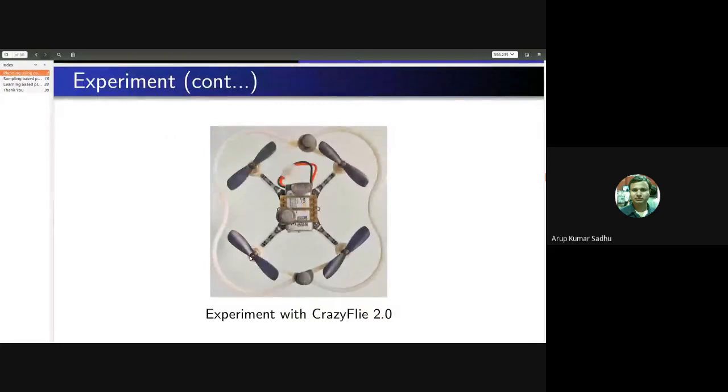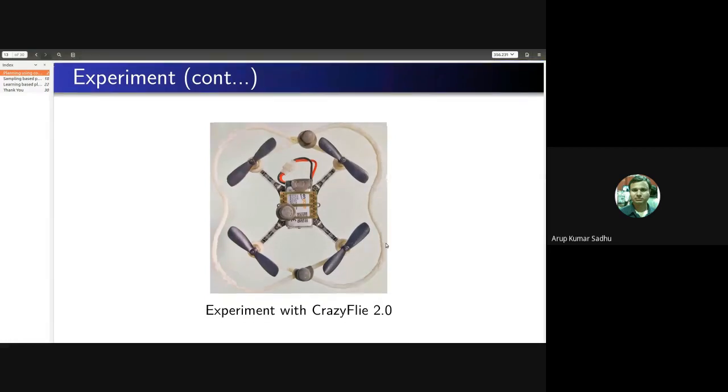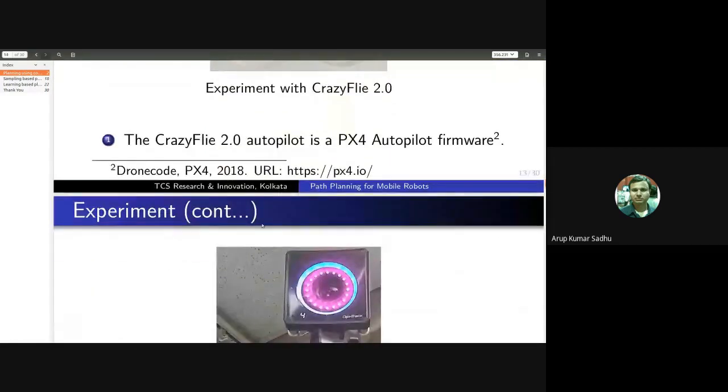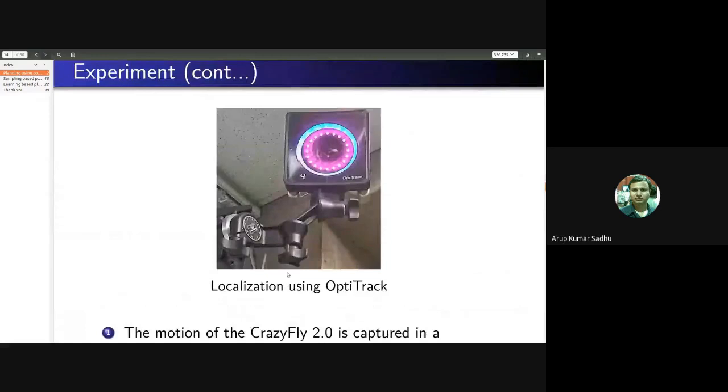Next we tested the algorithm in a controlled environment with the help of a Crazyflie robot. This is a small quadcopter in our lab. Before going to the video of this experiment, this one is the OptiTrack.